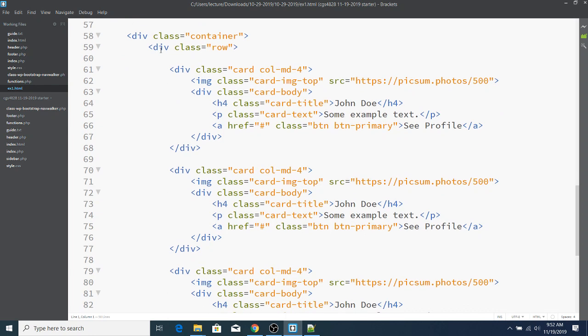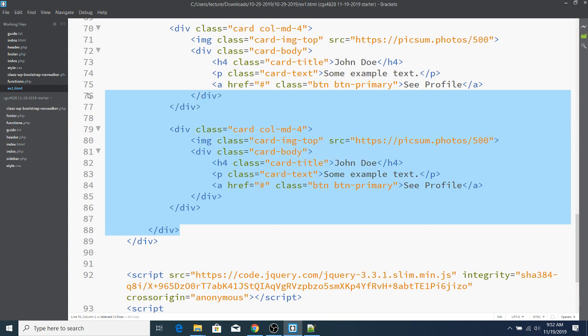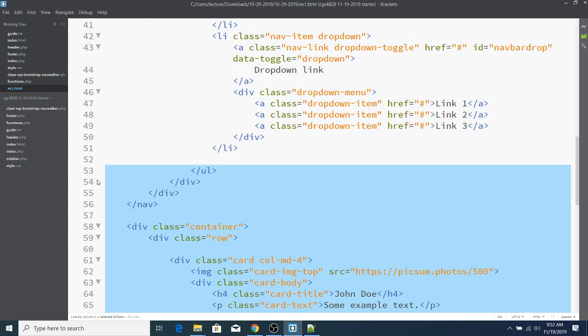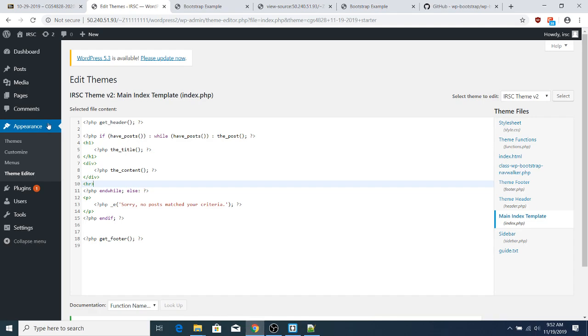So this part that says row. So just div class equals row from here to here. Sometimes it's easier to copy from the bottom. So we go from here all the way up to where it says div class equals row. Did you find it? Yeah. Okay. We copy that. And then now we're going to find, under our pages,